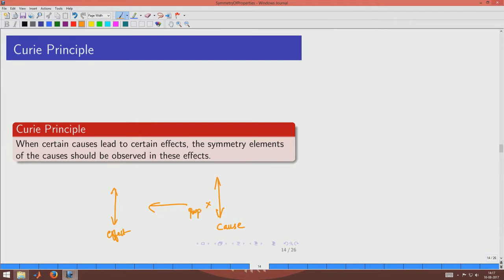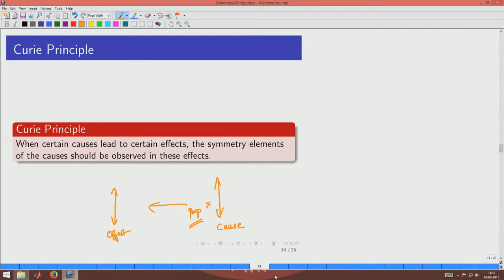Which means that unless we know in what way the property will affect the symmetry, we will not be able to comment on the symmetry of the effects finally. So, while the Curie principle is very valuable, we have to go through what will happen to the properties before we can apply that. That is the reason why we only mention it, we will come to it again later, and we need to